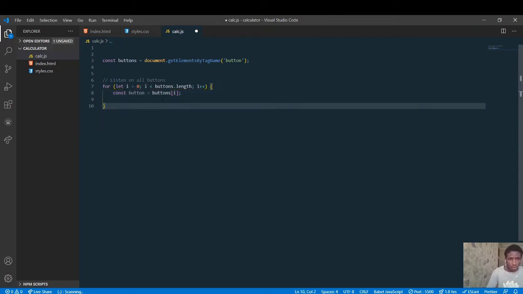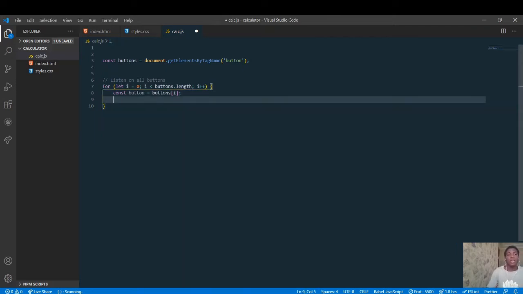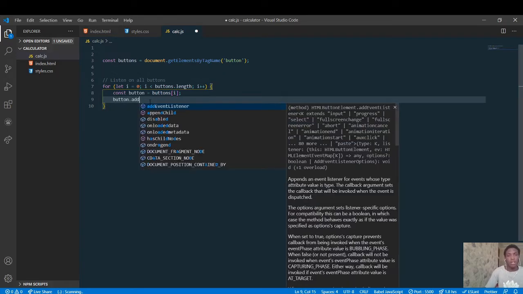So let me explain this again. We created a for loop and said let i equal 0, i is less than buttons dot length. Since document dot get element by tag name buttons gets us a list of every single tag that is a button, we then increment our loop. Inside it, we created a constant button, which is equal to buttons at position i. If it's the first one, it's going to be position 0, and then we can now use it here. So you can say button dot add event listener,